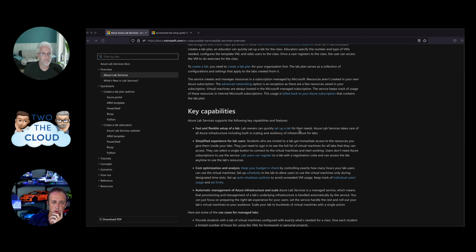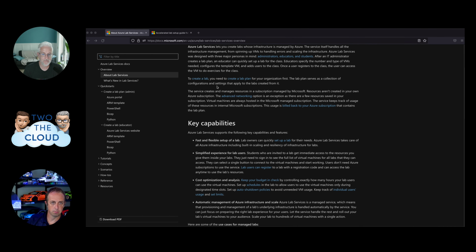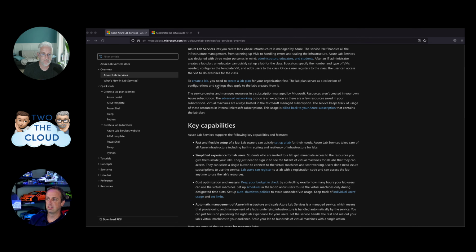So with this, I see you create labs, you create lab plans, and up here you can pick virtual machine templates. Does this use the image gallery? They keep changing the names on them, but essentially the Azure image gallery for templates. So if I wanted to define my own images that I use for these, whether it's because I want certain software installed on it or I want it configured a certain way.